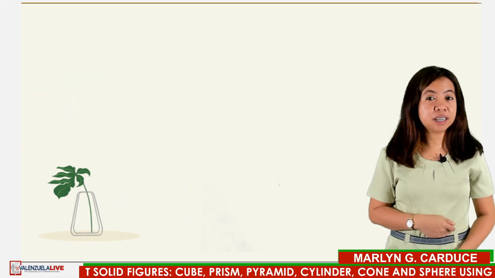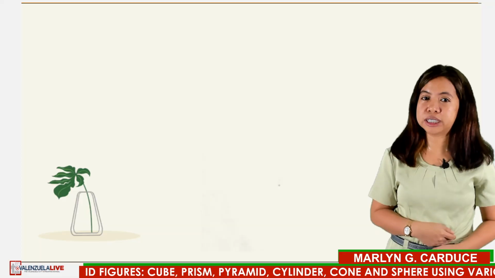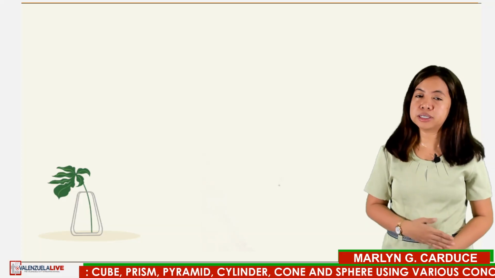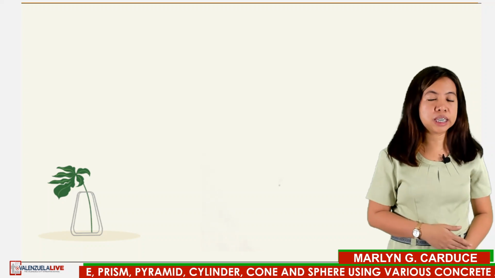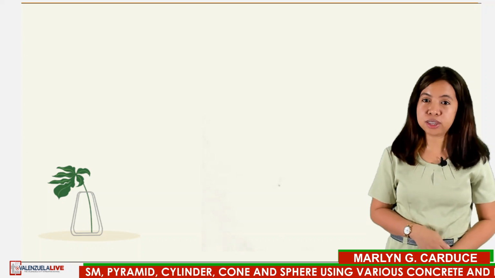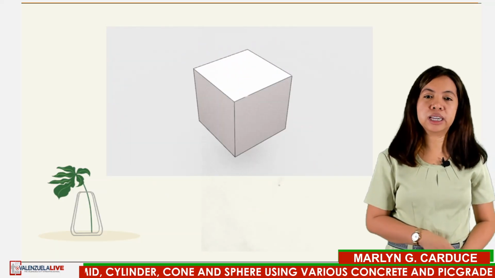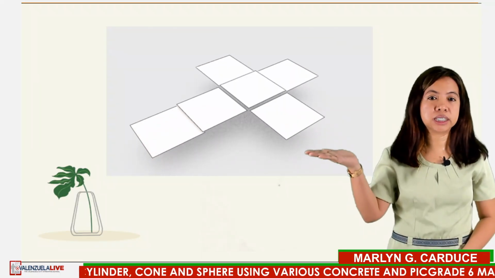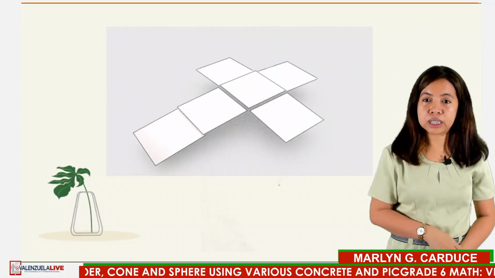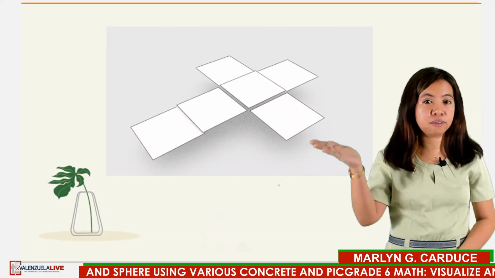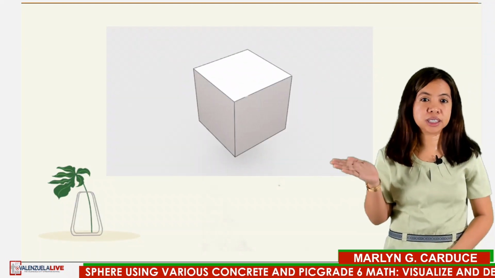So earlier, I have mentioned that solid figures are formed by plane figures. And to help you see the difference between plane figures and solid figures, imagine that you have a perfectly thin box. If you unfold the box, you can see that the 2-dimensional figure that made up the box